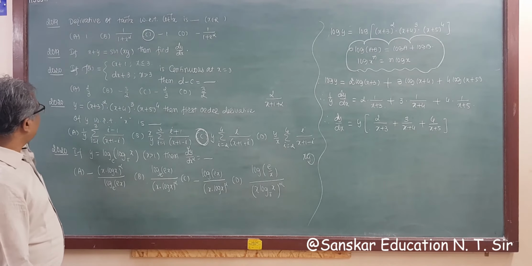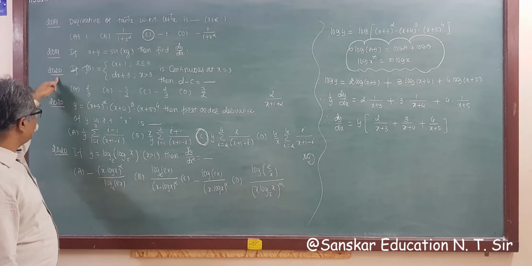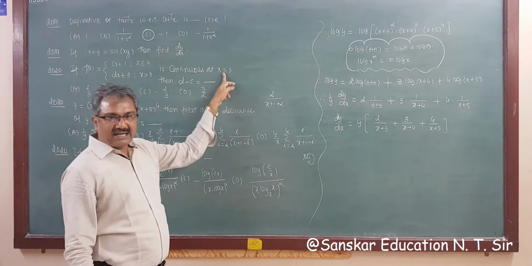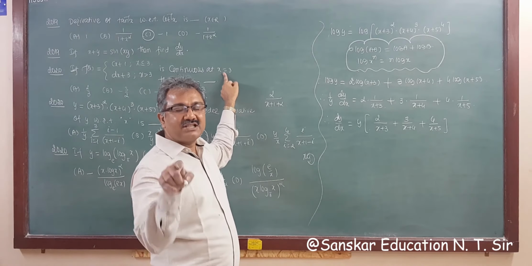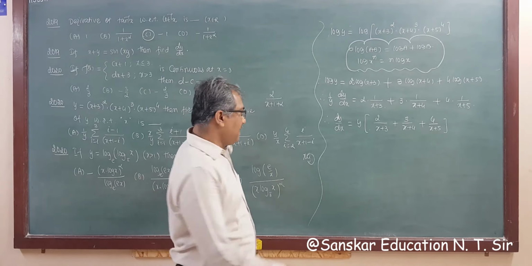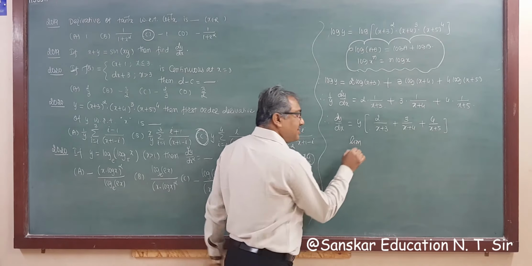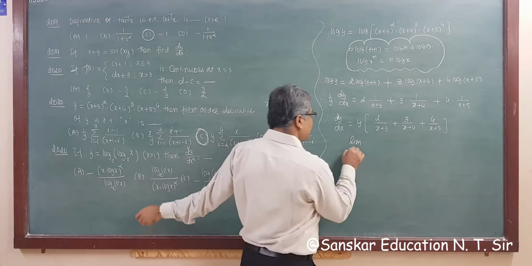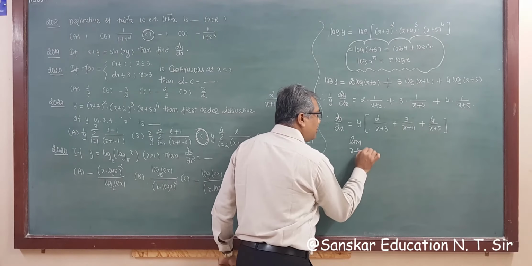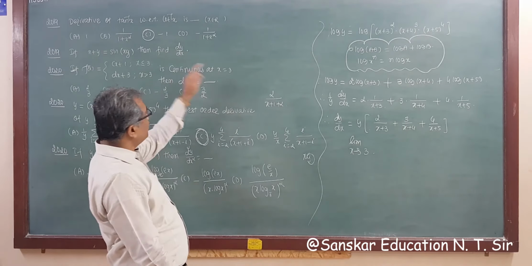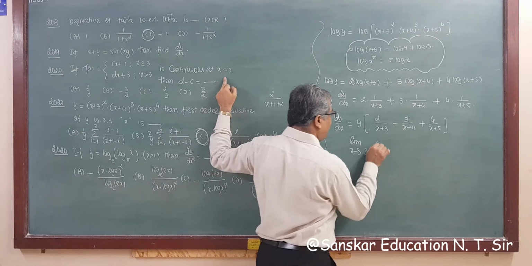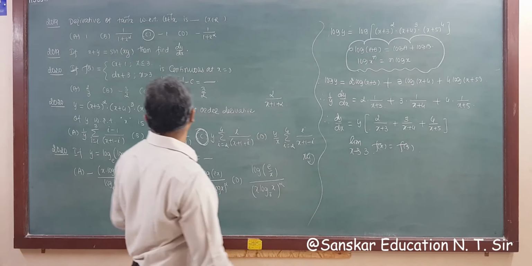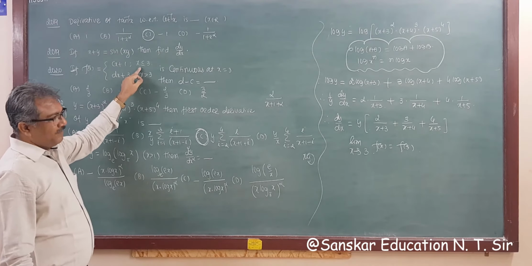Now we missed out this 2020 question. f(x) is continuous at x equal to 3. Now you know, if a function is continuous at x equal to a, then the limit as x tends to a of f(x) is equal to f(a), that is, limit is equal to value. So for this function continuous at x equal to 3, the limit as x tends to 3 of f(x) is equal to f(3). But here it is not given, right?